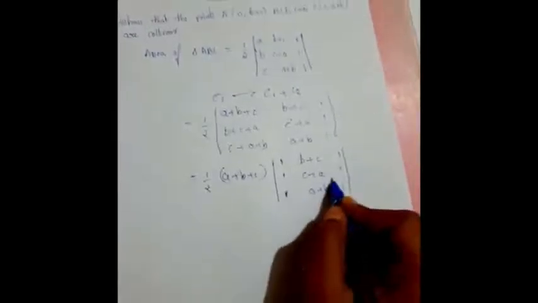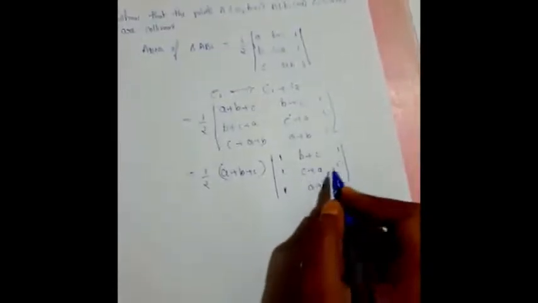Okay. Next, you all know the properties of determinants. Just remember that if any 2 columns or any 2 rows are identical, here 1, 1, 1 and 1, 1, 1, so C1 and C3 are similar, then automatically that determinant value is 0. 0 into anything is 0, because C1 is similar to C3.